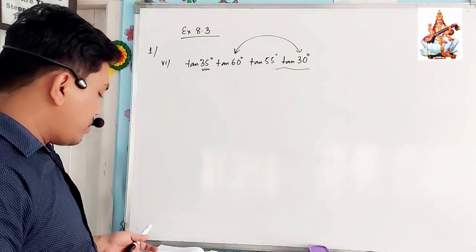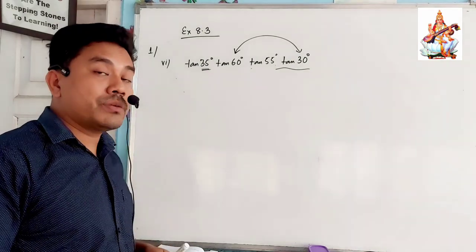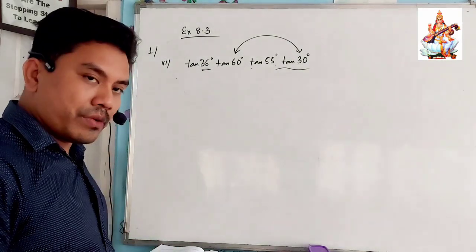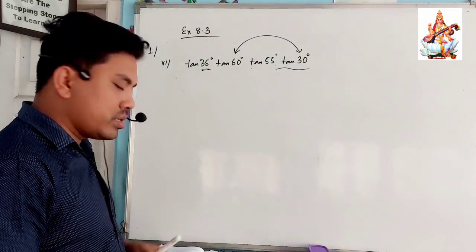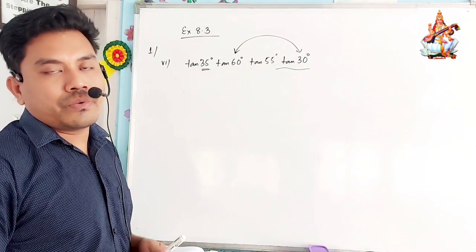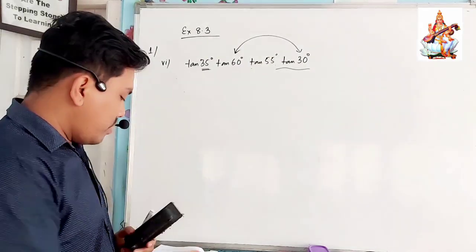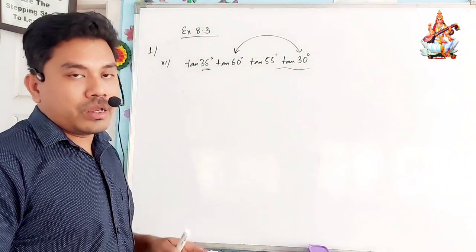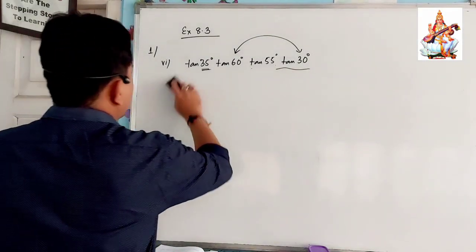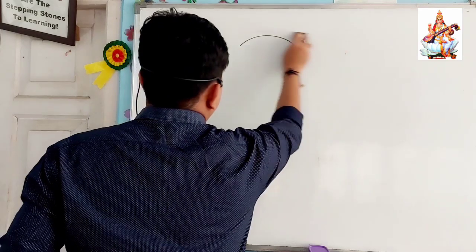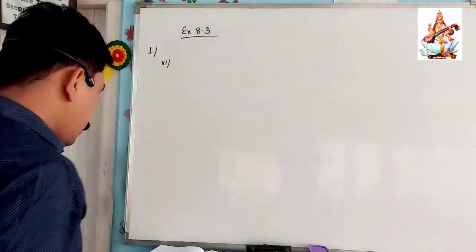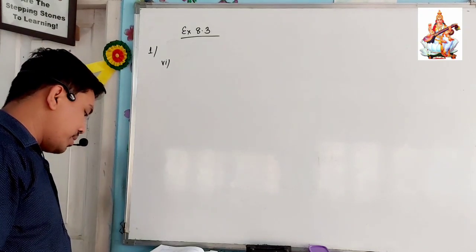Okay. In the next question, clearly it can be understood that the answer will be what? Answer will be 7. Because 3 plus 4 is 7. Here sin 23 by cos 67. When you convert it in this form, then you will get that. From there, you will get the answer as 1. From the next one also the answer will be 1. 3 into 1 will be 3, 4 into 1 will be 4, and finally 3 plus 4 will be equal to 7. Okay. So try to do it by yourself. Okay. Alright. So now the next one.